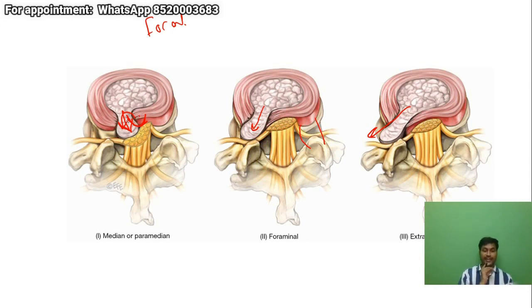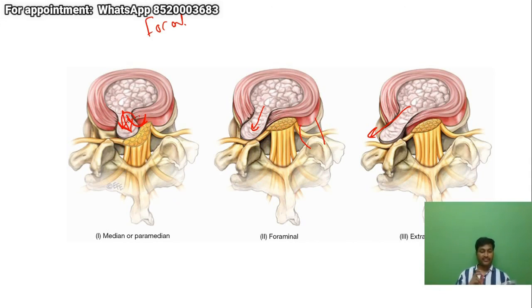Annular tear, what is the mechanism of pain in flexion? The intradiscal pressure is maximum in flexion. It's maximum when the patient is sitting, middle when the patient is standing, and minimal when the patient is supine. That is why, either because of disc dehydration or the annular tear, the pain is more in flexion.